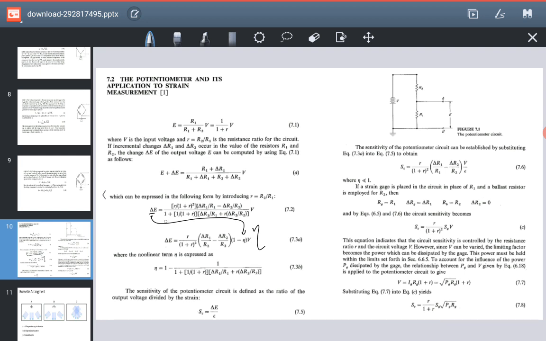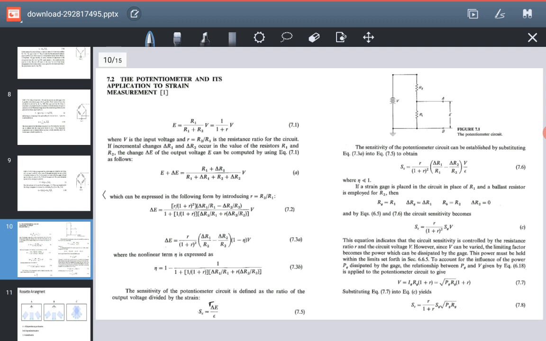Okay, and he has written this equation into a much simpler form. Okay, and to accommodate for the complexity, n is defined as this. Okay, no background information is given as to how this result was achieved, but we'll take it at face value. Okay, so the sensitivity can be